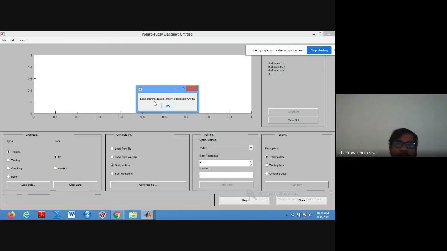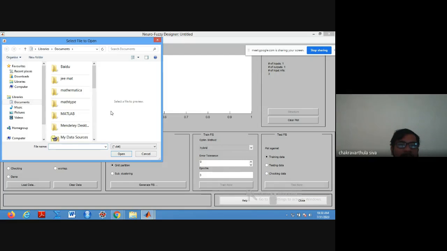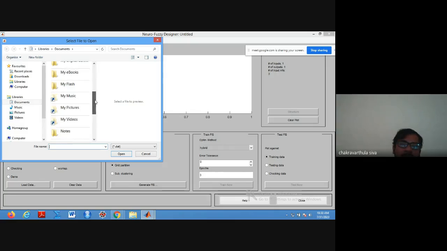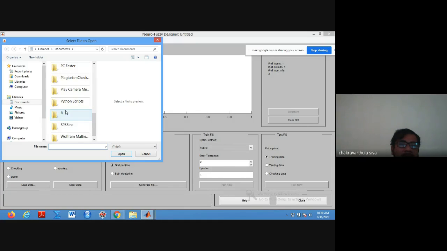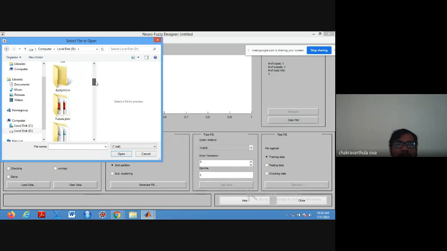See, it is asking to load training data in order to generate the ANFIS structure. We have to upload the data so that it generates the basic ANFIS structure before training. So now I'm going to generate some data. I am trying to upload from the file, and if it works well, we continue with that.